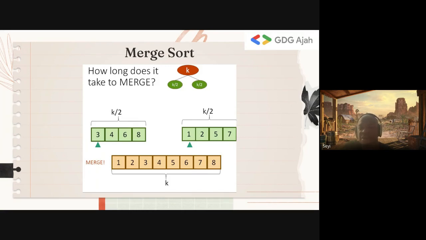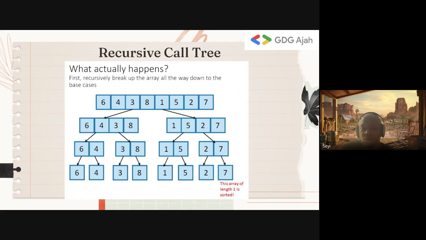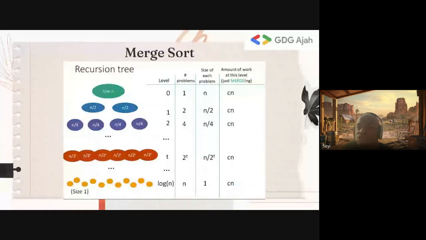So generally, if you want to think about the entire work we do, this is essentially what happens. We go down, splitting down, and then we merge back up. So what's the work we do? You can visualize your recursive structure like this. If this is the entire recursion, the total amount of work done is the sum of everything here. So the question is, what is the amount of work I'm doing in each circle here? That's the fundamental problem I'm trying to solve.